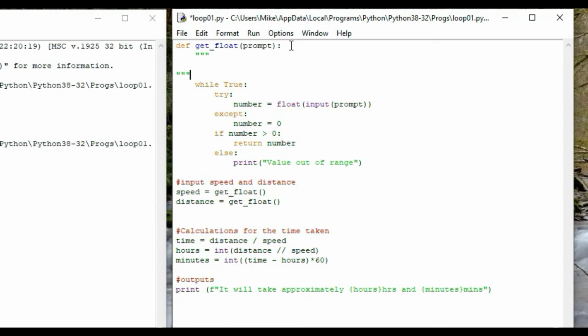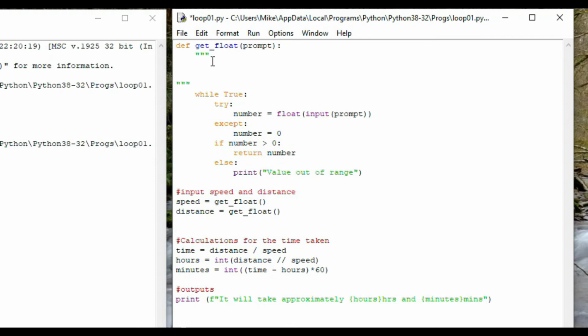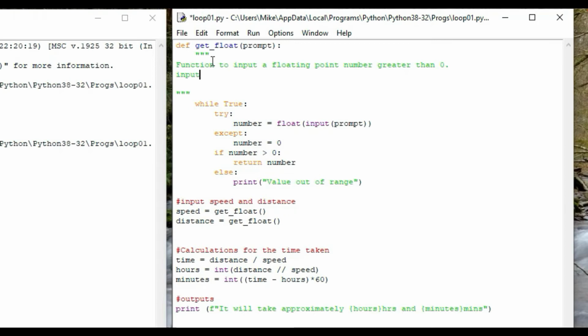And one of the ways we do that is by putting in a comment at the top, and we will say what the function does. So it's a function to input a floating point number, at the moment greater than 0. Our input, or better still, the parameters needed